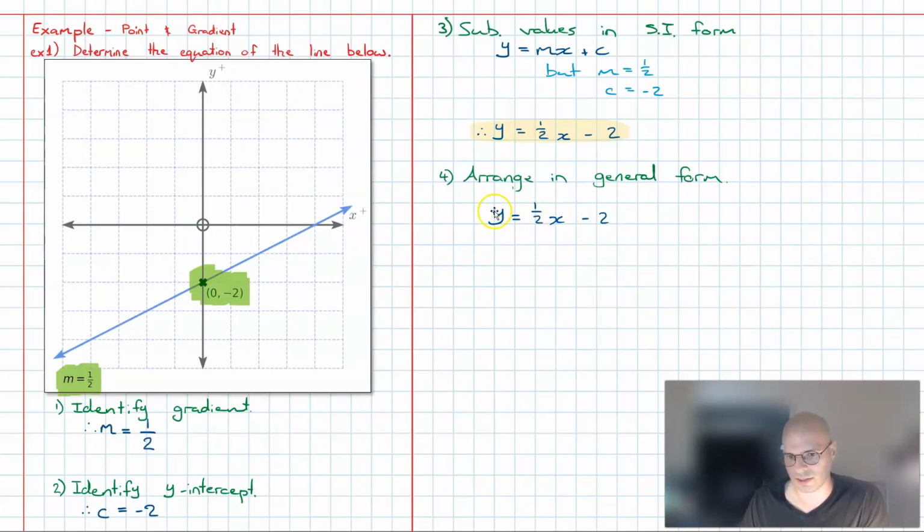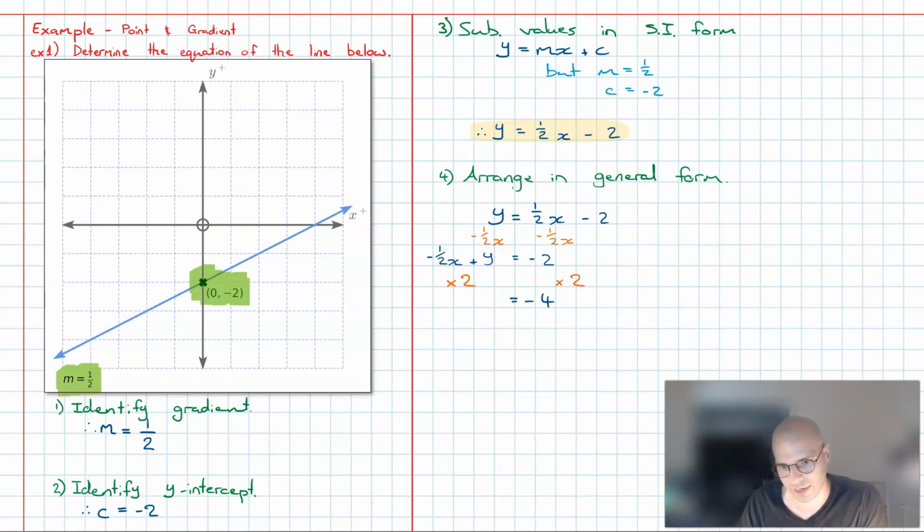So what I can see is that this is okay, this needs to go left, and this needs to stay on the right. Writing this out, I have half x, so that's got to go, so I'll take it from both sides just like that. This will yield -half x plus y is equal to -2. Now for general form, I don't like having fractions, so I'll remove this fraction by multiplying all terms in this equation by the denominator of the fraction here. In this case, 2. This will yield